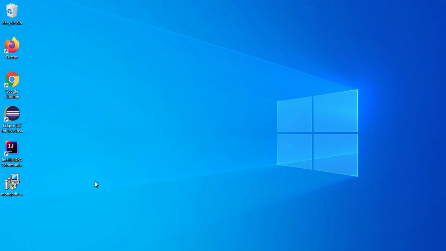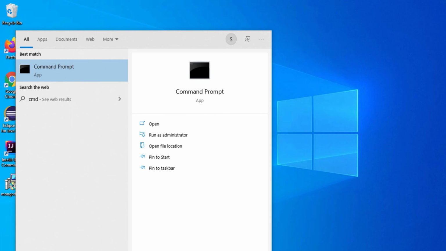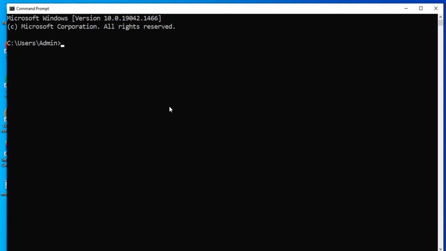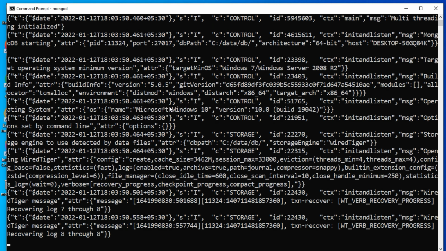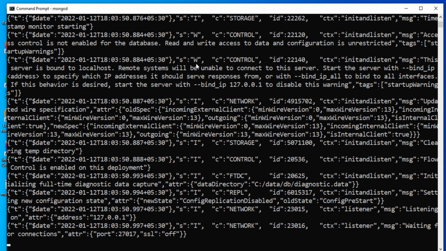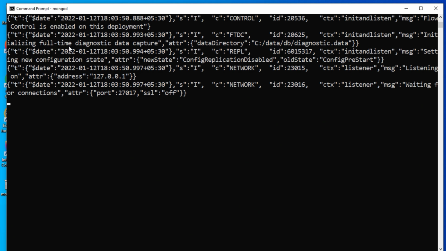Now you don't have to go to the bin folder and start your CMD from that path. You can directly start your CMD and you can start your Mongo services. So now I'm going to type my mongod command. So my Mongo has been started. Previously it was showing me no external or internal command found. Now it's not showing that problem.